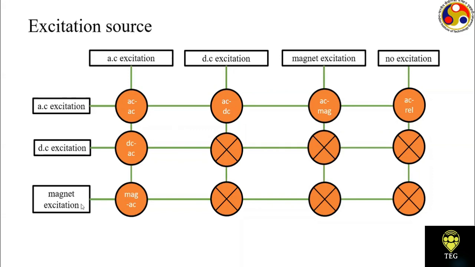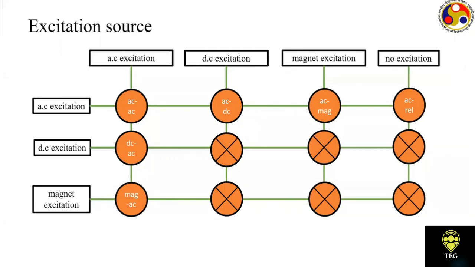Similarly, another variant of the DC machine was that to the field, instead of using windings, you used permanent magnets, and the rotor was with brushes and commutators. These were known as universal motors. So here, the difference between the second row and the third row is that in the second row, to the static part or to the field, you gave DC current to produce a magnetic field, whereas in the third row you used a magnet to produce the DC excitation. The rotor for the DC AC and magnet AC machines was exactly the same. It had brushes and commutators.